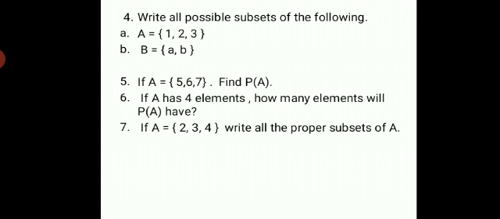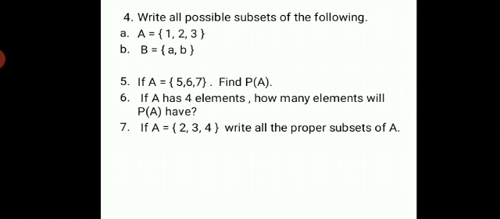Fourth one, write all possible subsets of the set A = {1, 2, 3}. You can write it this way. First you write all the 3 numbers separately within a flower bracket. They have asked for the possible subsets. So in a subset, 1 may be included, 2 may be included, 3 may be included in a flower bracket separately. Then {1, 2}, group 1, 2, then {1, 3}, then {2, 3}, then {1, 2, 3}, then otherwise the empty